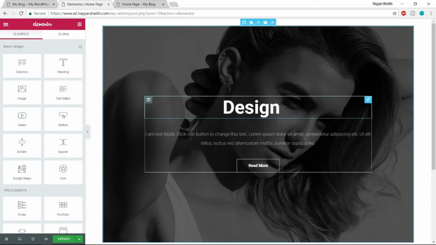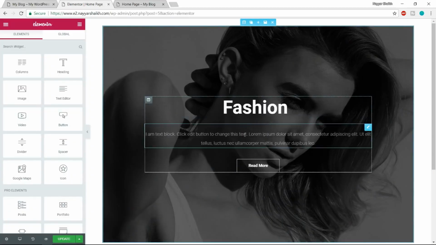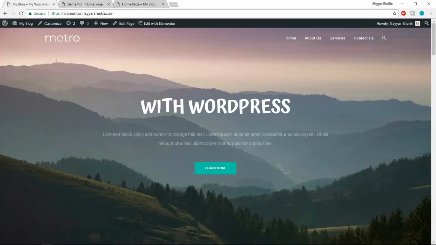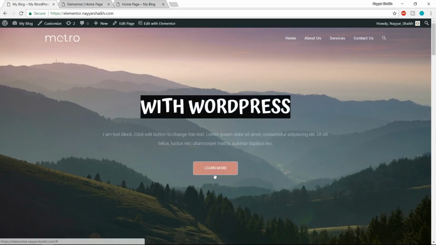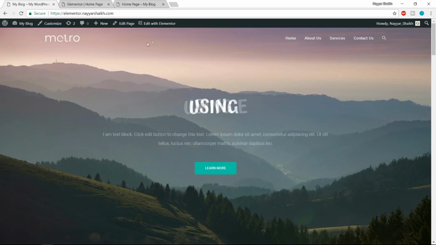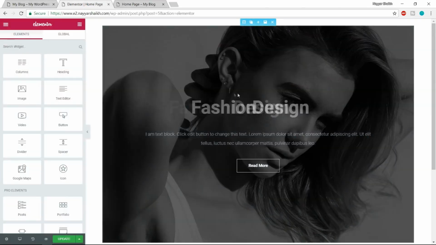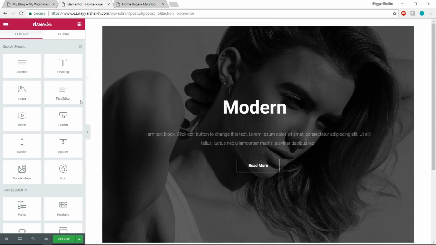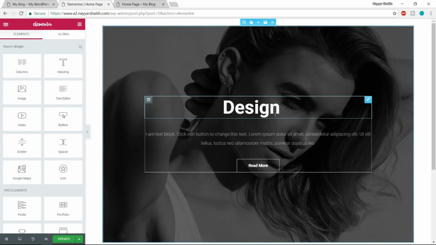For example, if you see, we have this animated headline, we have the sub headline, and we have the button, and we have a background image. Now here also we have an animated headline, sub headline, call to action button, and a background image. So first we will create only the structure, and after that we'll see how to design it. So first, if you see one thing, if you want to see how this will look